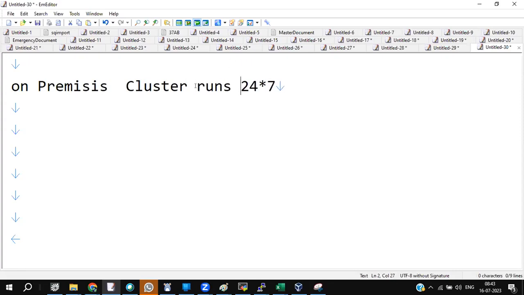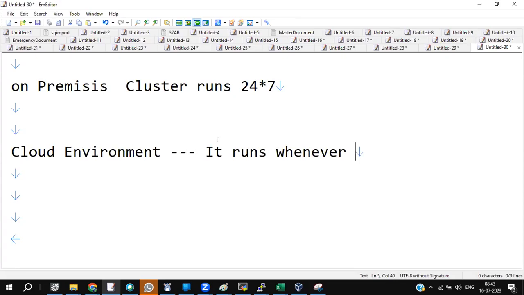You just log in, do the work and close the putty. That cluster will not turn off. But what about an AWS cluster or Azure cloud environments? It runs whenever required. Yes or no? Are you getting my point?